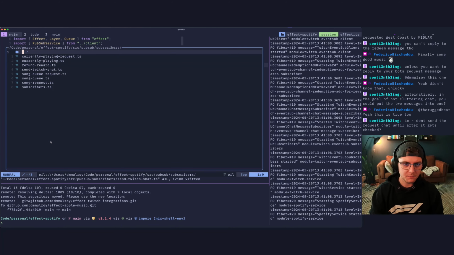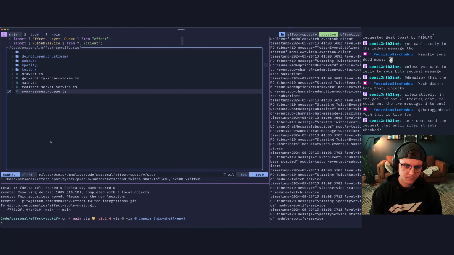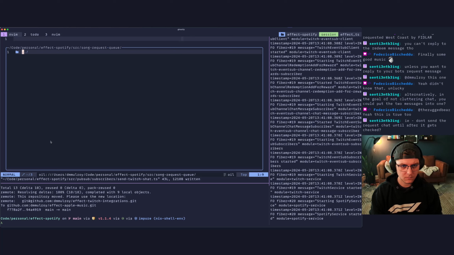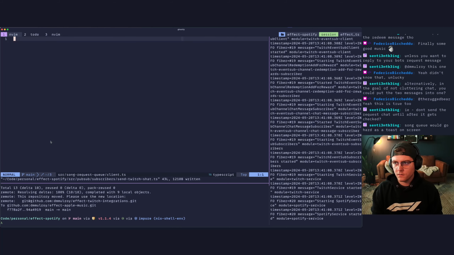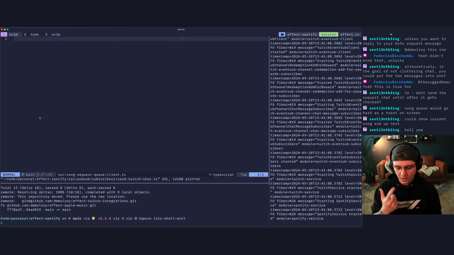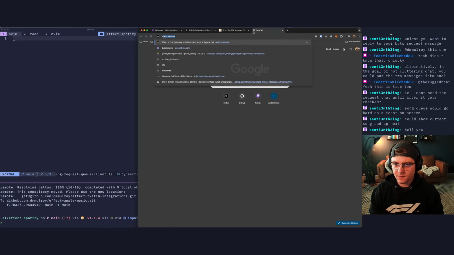But the next thing I want to do is I want to make a song queue, song request queue. So let's, that actually was meant to be a folder. And this will be, we'll just do like client.ts. Yeah, we're gonna do that. We're getting there. That is the goal. Yep, exactly. And I want to keep track of like who requested what, which is a tricky problem to solve. So the architecture for this is gonna have to be something like